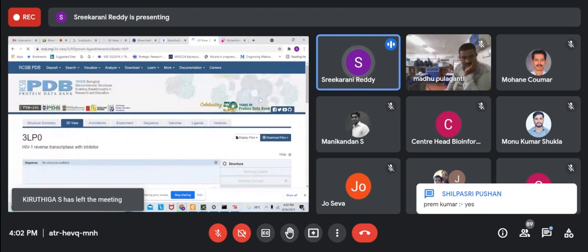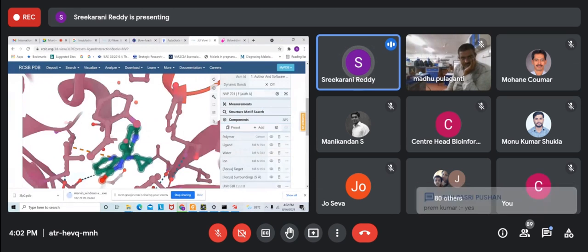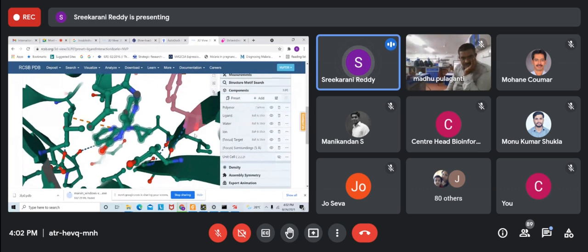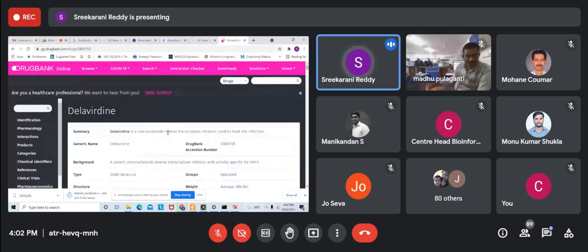If you click on the 3D interactions, you will come to know which residues it is interacting with, and this is the active site for this particular HIV-1 PDB ID, 3LPO. What we are trying to do is take delavirdine, which is also an inhibitor for treating HIV, and it is an approved drug.